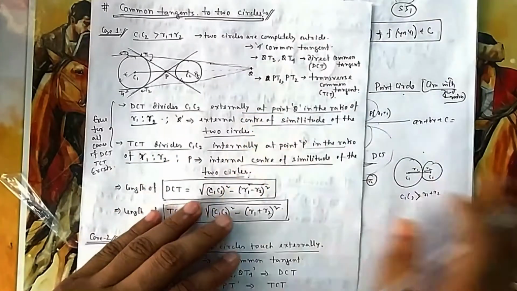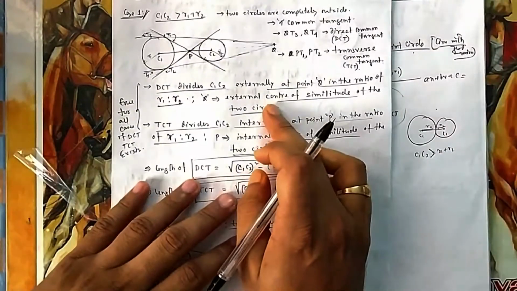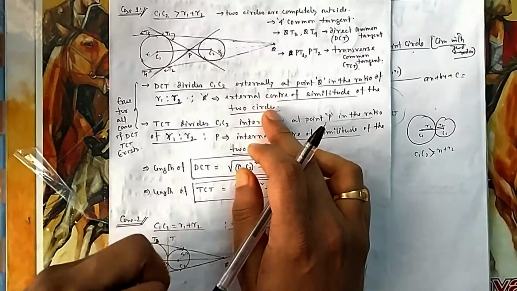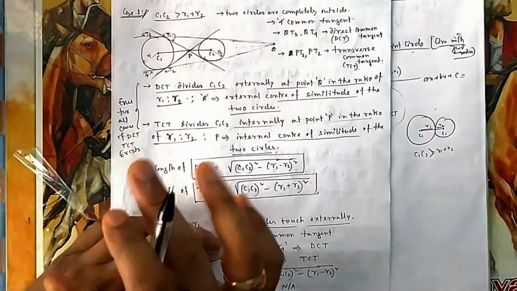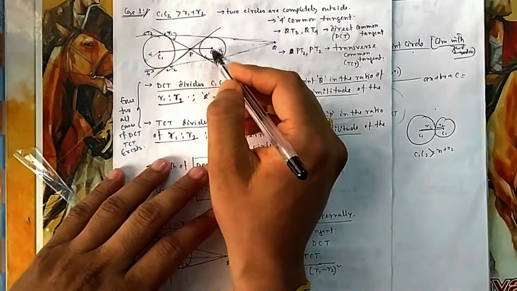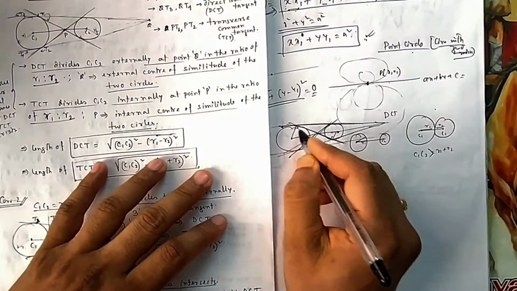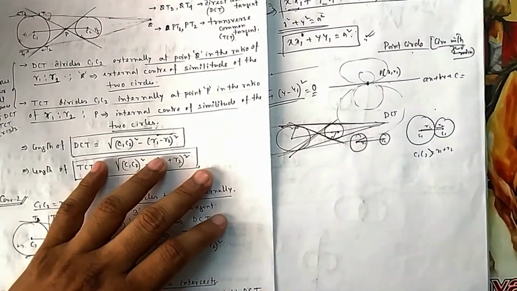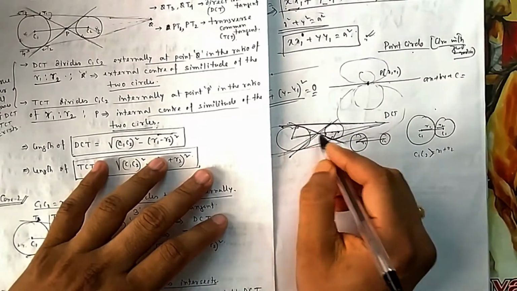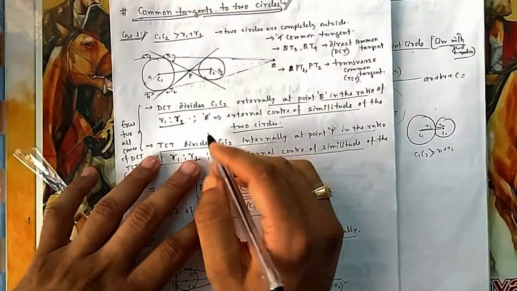Now these are some geometrically proven theorems. We are not going to prove them; we have to remember them. We can prove them using the similar triangle concept, but it is not required, so just remember. These 2 triangles are similar. If you draw these 2 lines, they are similar because this angle is equal, so the ratios will be the same. This by this is equal to this by this. That is the idea.